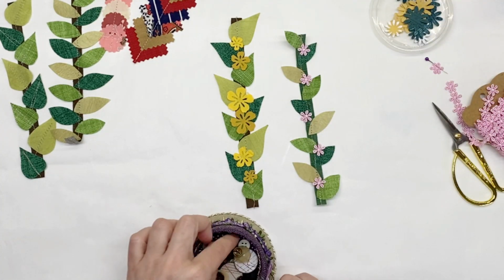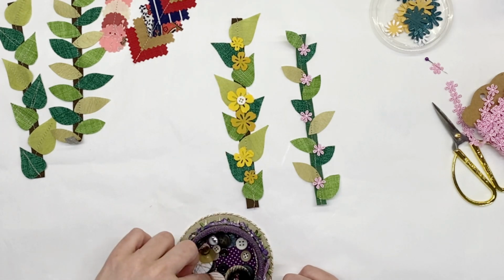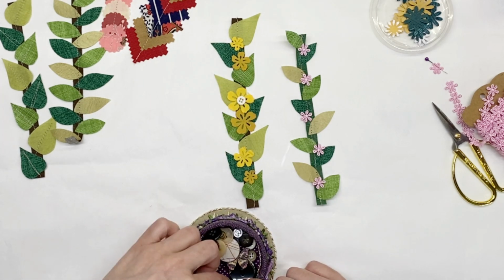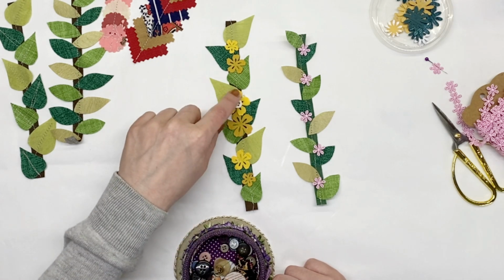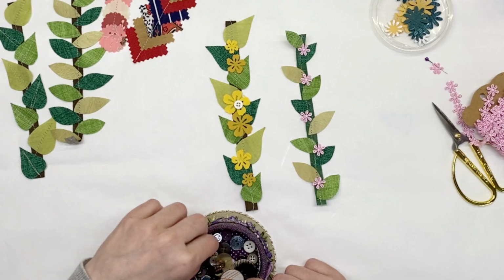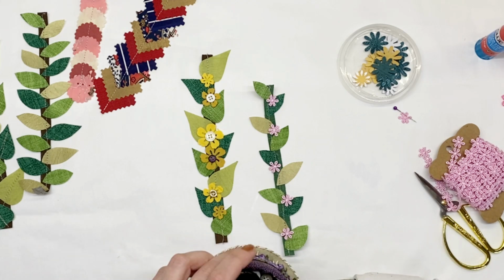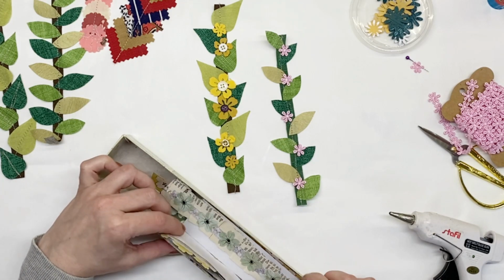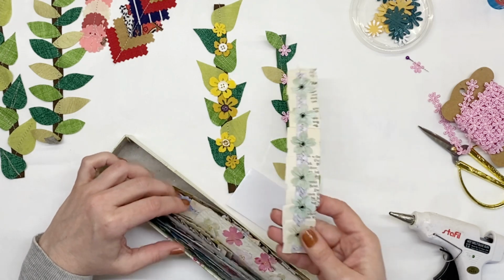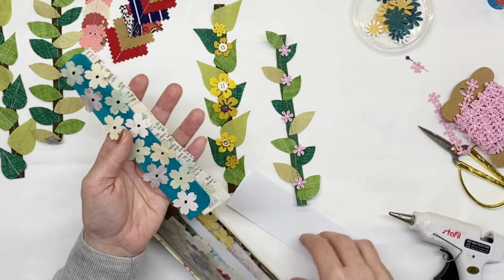I also have some buttons. Perhaps some buttons would look interesting as well. If you happen to have really small ones, that would be a nice decoration, wouldn't it? And while I'm waiting for the glue to warm up, I want to show you this. When I first saw Daniela's idea, I played a little bit with my flower punch,